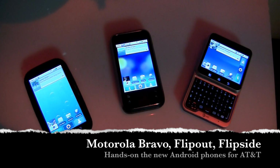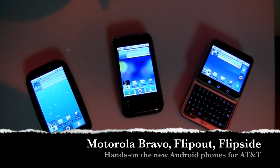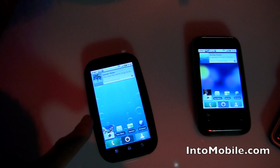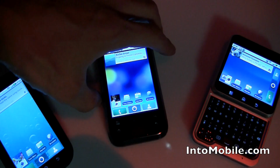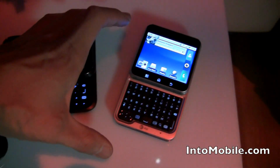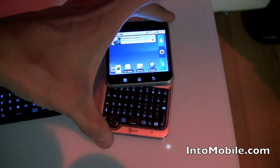Alright, we're back with Motorola at CTIA. We're taking a quick little look at the 3 AT&T Android phones that Motorola just launched today. This guy on the left here is the Motorola Bravo for AT&T. In the middle here we have the Flipside, of course again for AT&T. And on the right here we have the Flipout, which has this interesting form factor, but more interesting is the